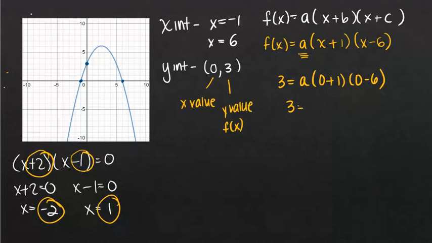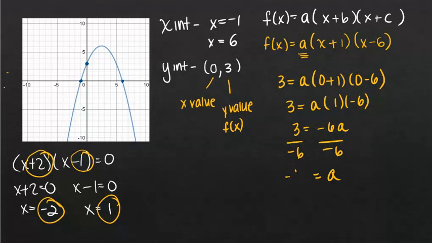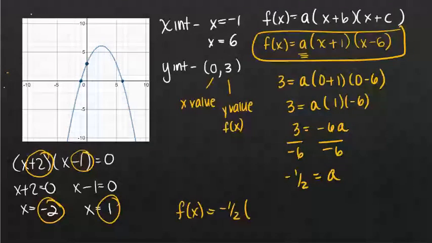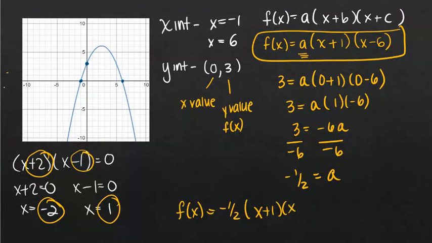I don't know A, but I do know that the x value is 0. And so when I go and simplify this, I end up with 1 and -6. And so I end up with 3 equals -6a. And if I'm solving for a, I'm going to divide by -6. So a is really -1/2. So I'm going to go back to my equation here, and I'm going to substitute that a in. So f of x is really going to be a, which is -1/2, times x plus 1 and x minus